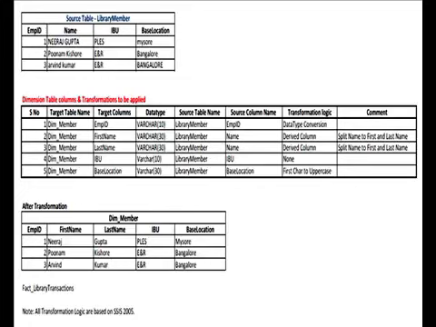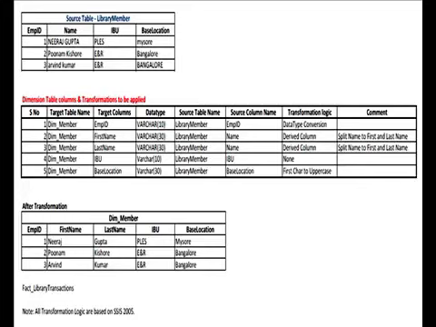Here we can see the target table name as dim_member in column 2. The columns of dim_member are employee ID, first name, last name, IBU, base location.